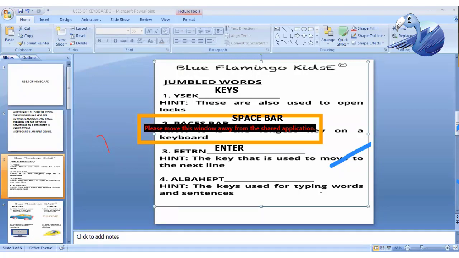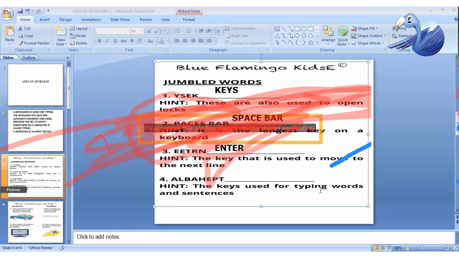Okay. So which key you will use? Very good. Alphabet key. Okay. So let's write the spelling of alphabet, students. Alphabet.